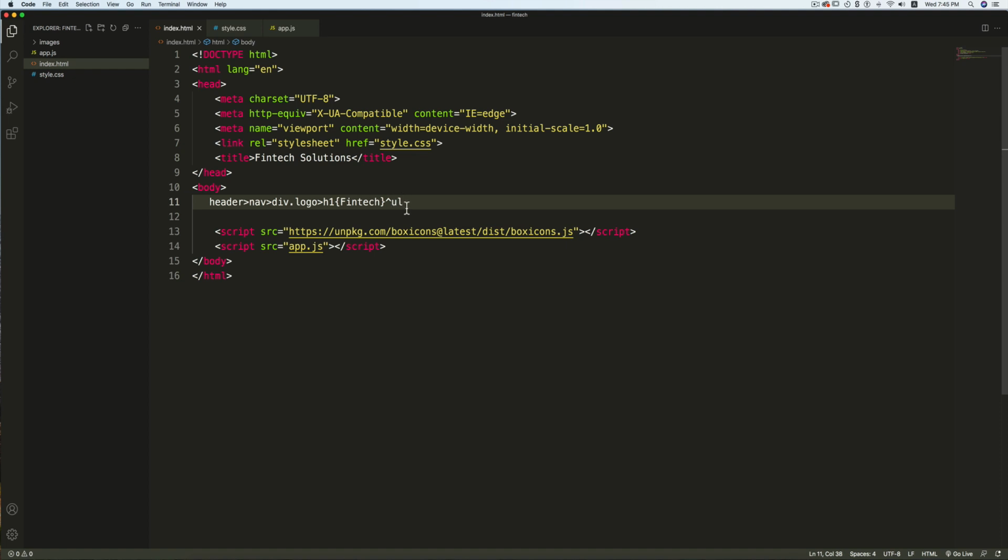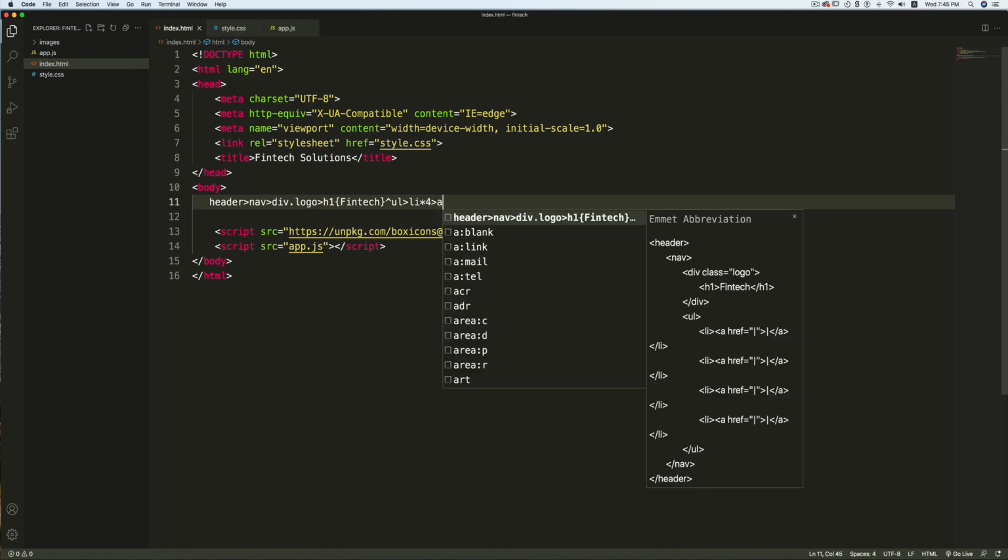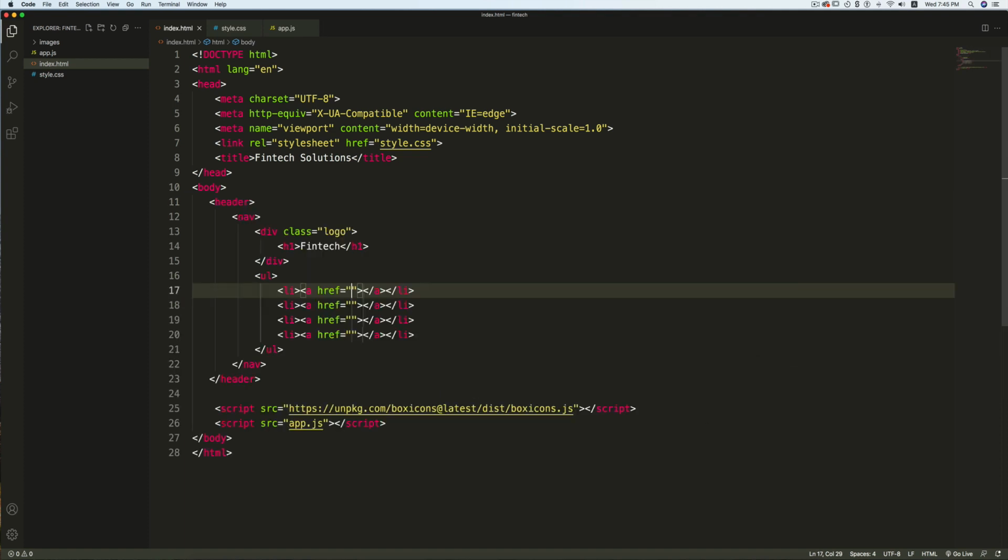Then inside the UL, I'm going to create 4 li. So I'll write li times 4. And now inside this, I'm going to create the anchor tag. Press tab. See how easily we have written this using Emmet. So practice this because it will be very helpful.